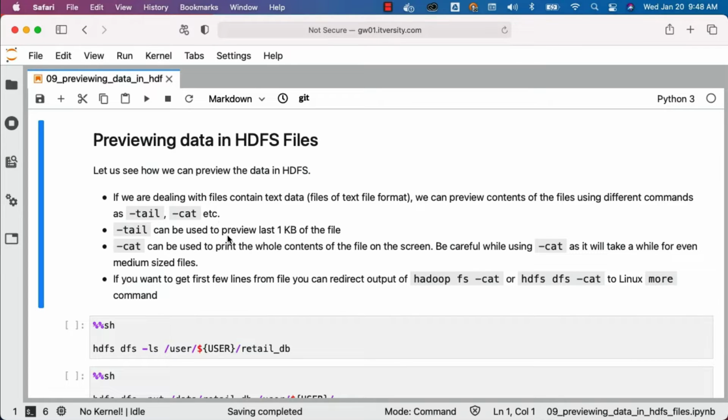-tail can be used to preview the last 1 KB of the file. -cat can be used to print the whole contents of the file on the screen. However, you have to be careful while using -cat, as it will take a while for even medium-sized files. It has to get all the data from HDFS onto the server on which you are running the -cat command, and it has to display everything on the screen. It will take some time to even print a few megabytes of data, and hence you have to use -cat with